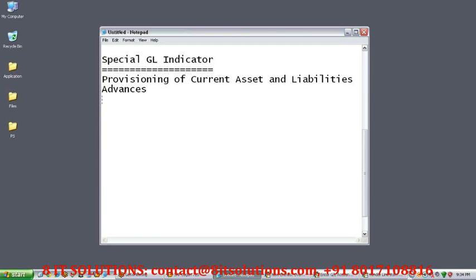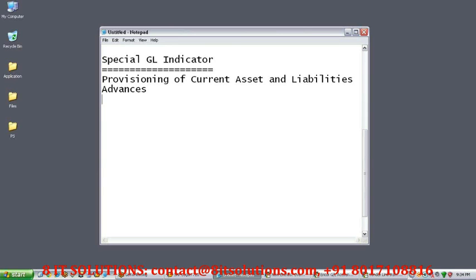Before that itself the organization asks for some advance from me. So I made that payment, but the same amount I should not show in the sundry creditor, right? This is not a liability, this is a kind of current asset, so that should be in the asset section, not in the liability section.